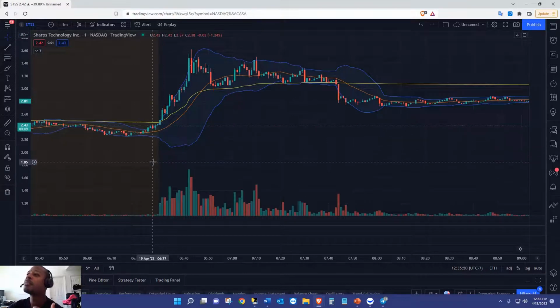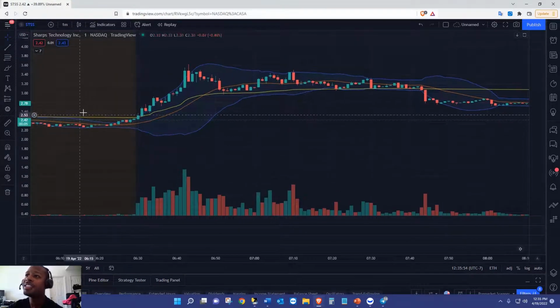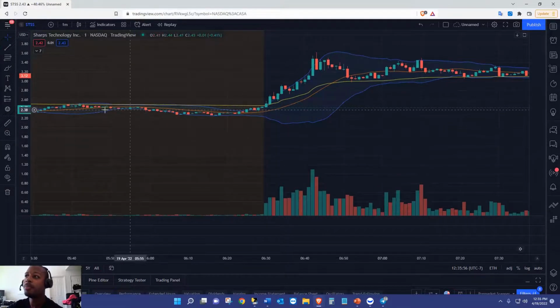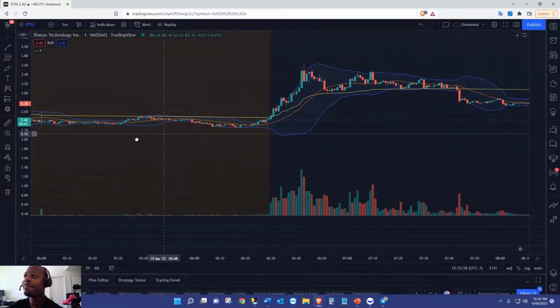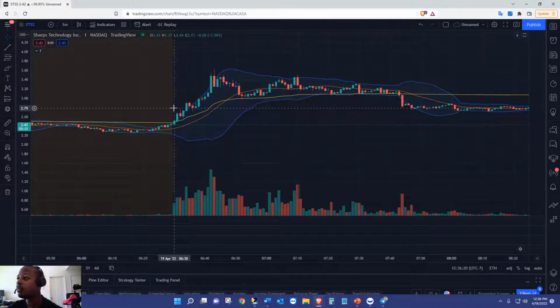But anyways, just focusing on price action alone, you can see here that as the bands are consolidating within pre-market, a good indication here, at the opening bell the price action starts to run up, the bands are starting to expand, and this is giving you a key signal that bullish activity is happening. The same thing would happen if this was a bearish move as well. You can see that the price action is moving outside the bands,